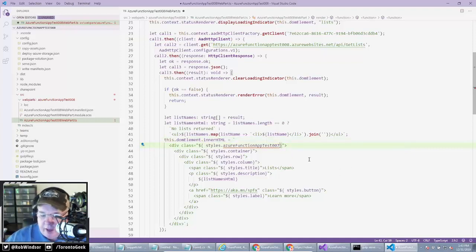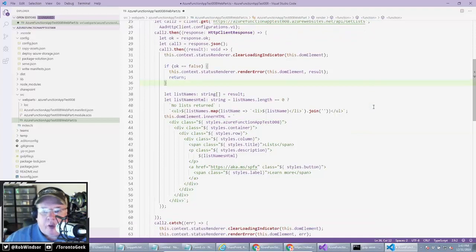And then once we have that, we can go ahead and generate the HTML or the markup for our web part. And really the important part is this bit here, which is either going to contain the text no list returned, or it's going to contain the unordered list with the set of list names. Okay. So now I can go and do one more save here